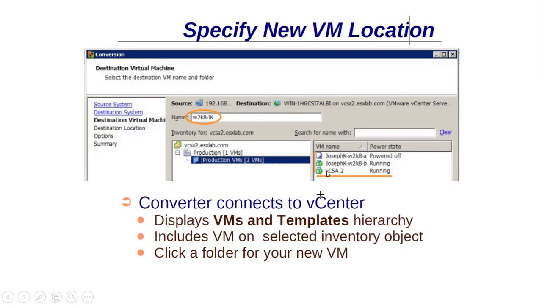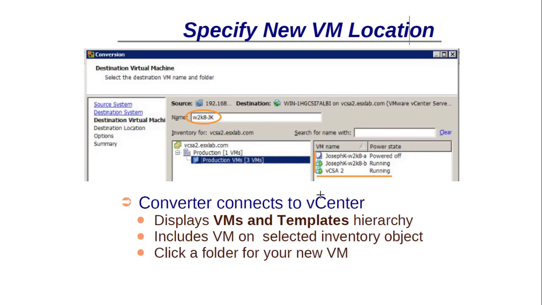On the left side you can see all the details of my virtual machines in production VMs. So I can choose not to give the same name as I already have in my inventory. This is a very good way. You can see it has 2 virtual machines powered on and one powered off. So I will give the name over here. This is a very important point to remember whenever you give a name to the machine.